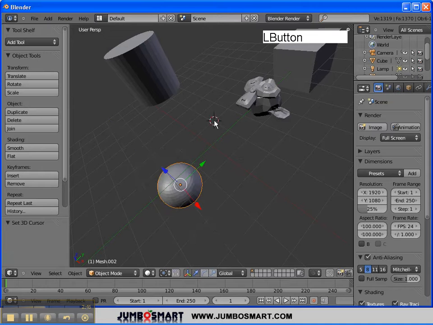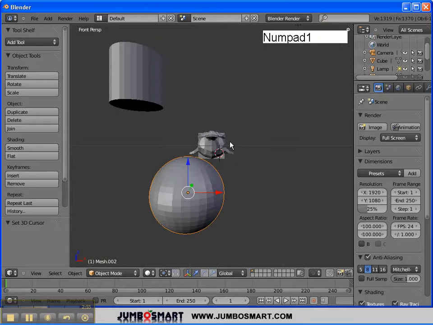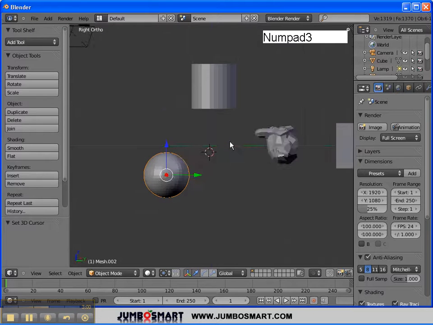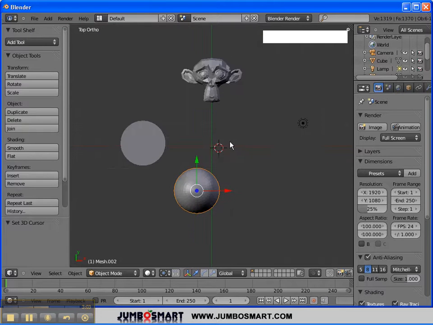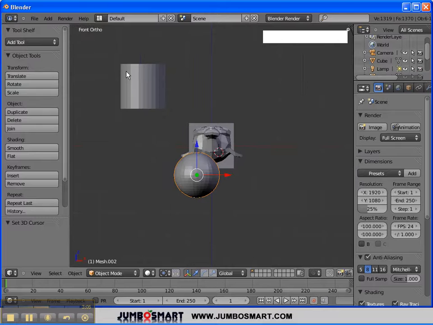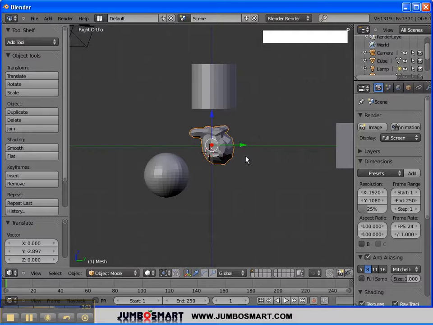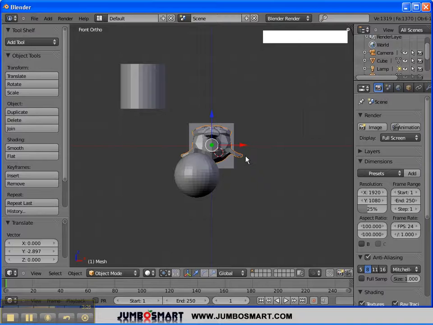Now, one thing that I can't tell in this view is how deep that cursor is. So sometimes I need to use my number pad and switch views so I can see where I am. Another thing I can do is I can use multiple views to help me orient myself in depth, because I'm only looking at two-dimensional space. I don't know really how far behind the sphere that monkey head is, but from this view I can tell. So as you can see from right here, it looks the same